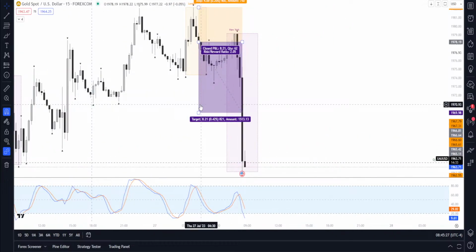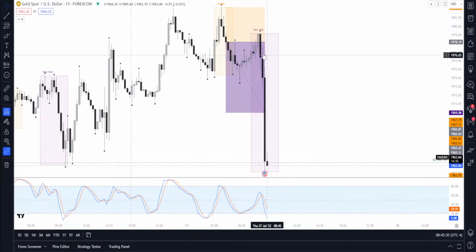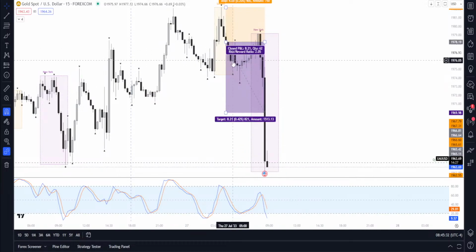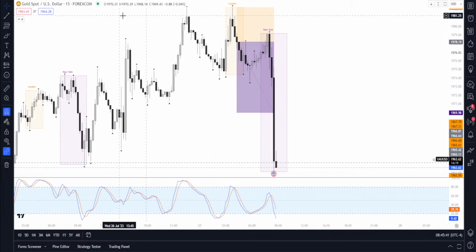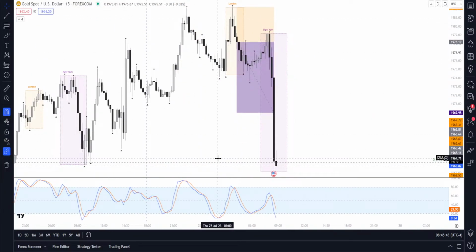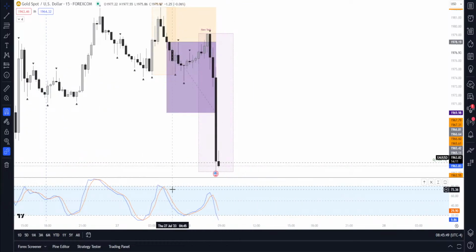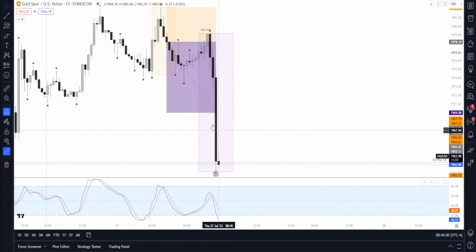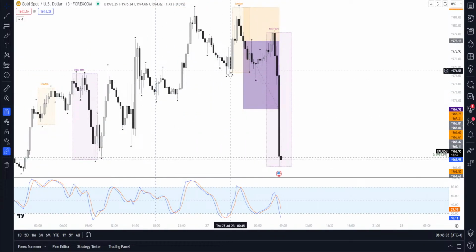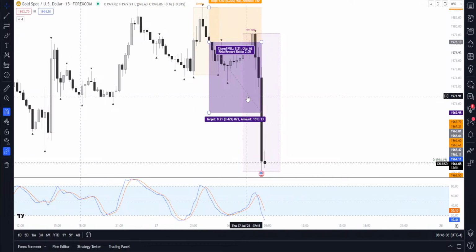It's a 2R, and you could either use it just for New York session or London and New York. I'll explain a little bit here while we wait for gold to go back up. We use one indicator, which is the stochastics. We're not using this as a signal or anything. The only thing we use the stochastics for is the momentum. We want to at least see the momentum moving the opposite direction when we enter a trade.